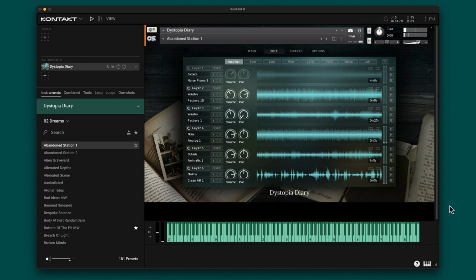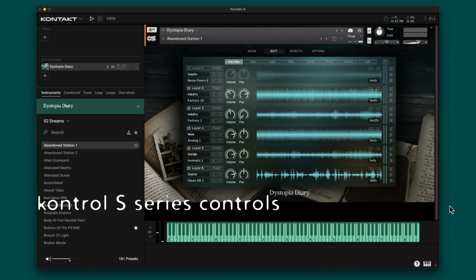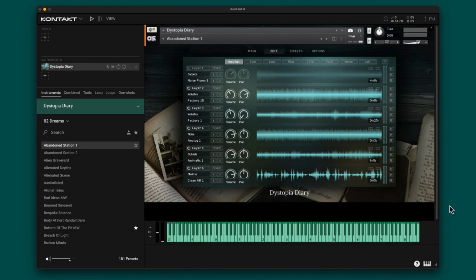So on my S61 Mark III, this is designed specifically for this keyboard, any of the S series keyboards, the default window is basically all the volumes, and then page 2 is the filters, and then you can edit, and you can go into all the different layers. So for instance, I can play this and then automatically adjust the volumes. That's the master volume, and then the volume for each layer, just like that,